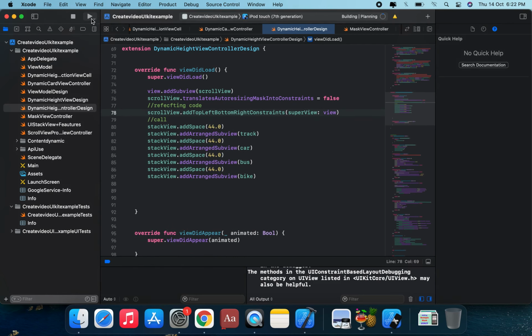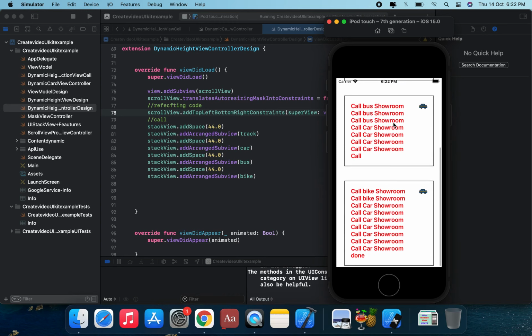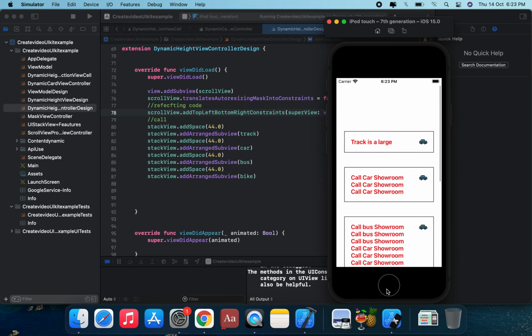This gives the same result on the view, but it's refactoring your code. Same result, but the code is not a problem. This is the same result in this code, but it's not the problem.